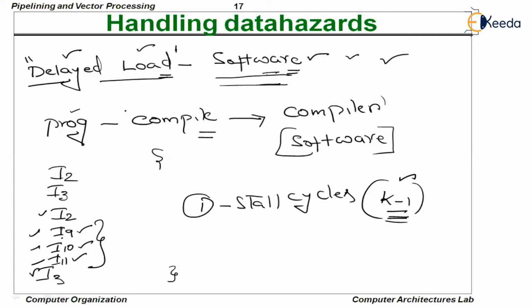Our approach is a hardware approach. We are hardware designers, and there is no transparency between the hardware designer and the software designer. These two people are completely separate. They do not have any communication, so they won't complement each other. That's the reason why this delayed load can never be implemented. Only operand forwarding is the best technique as far as the hardware designers are concerned.